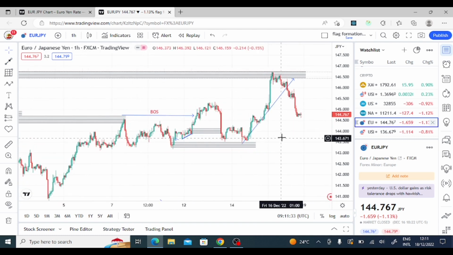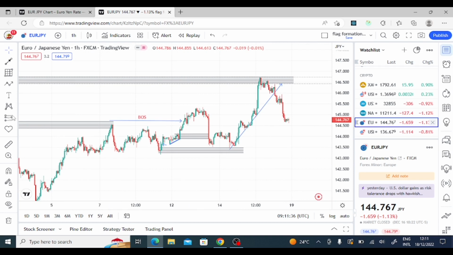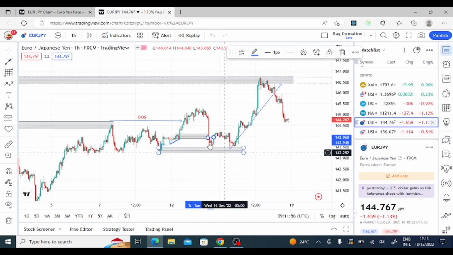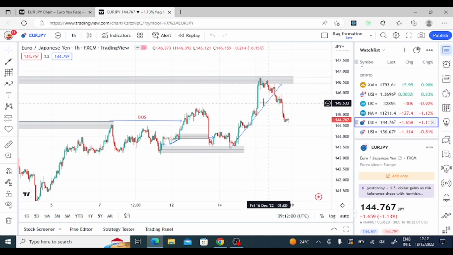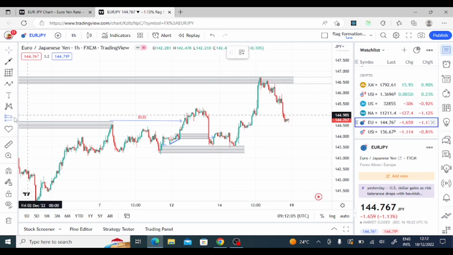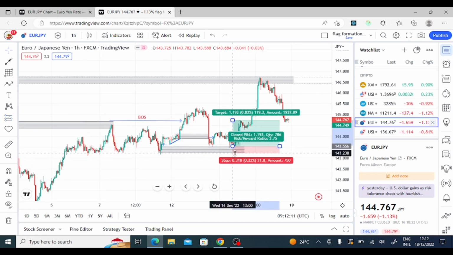So price hits our liquidity, takes out this trend line liquidity, and comes and fills this imbalance, which is here. And then after hitting that, we wait for confirmation, and we are given a break of structure again in that region, and price retraces back to the supply. And that is how we take our trade. So we put a long position here with our stop loss just below this demand, somewhere here,